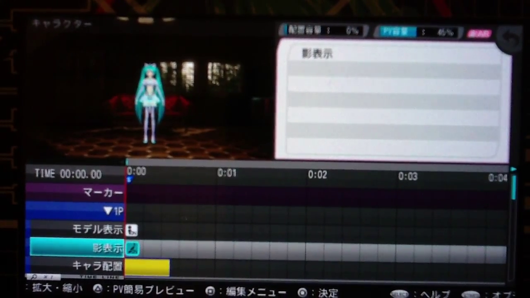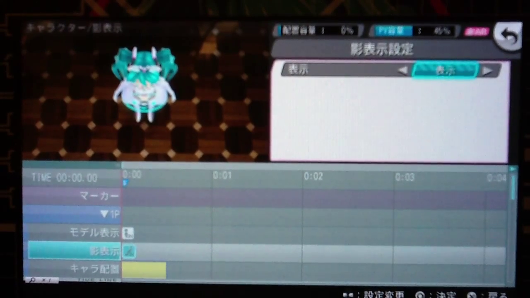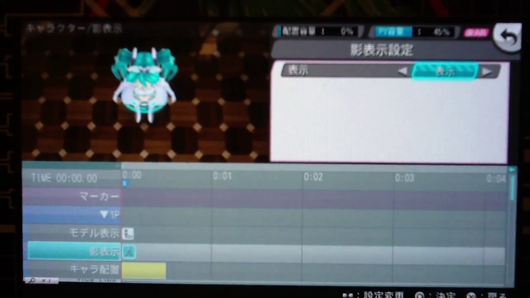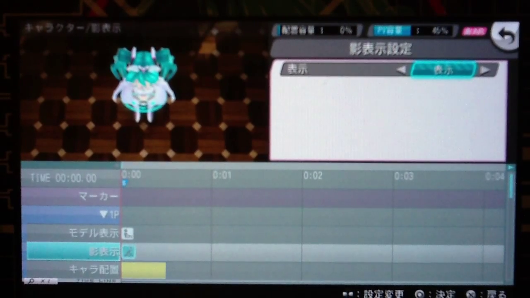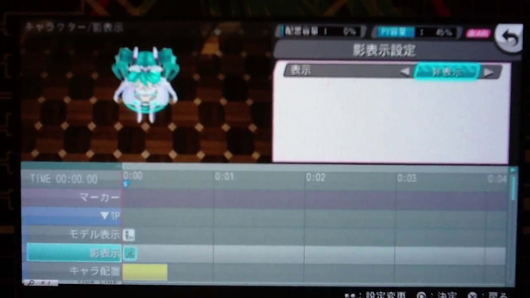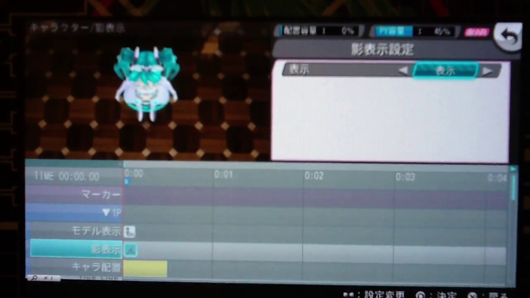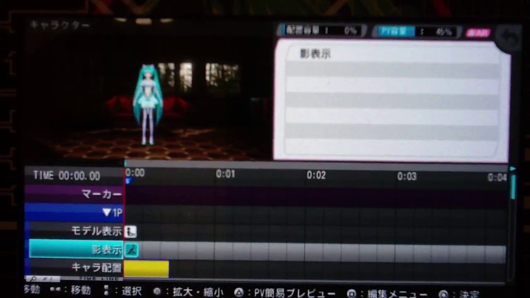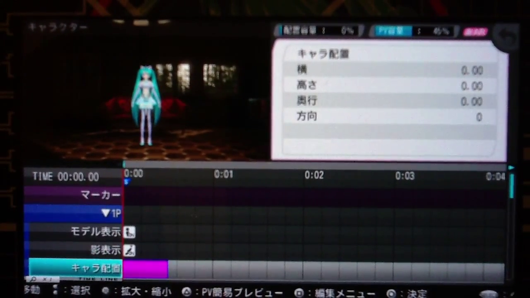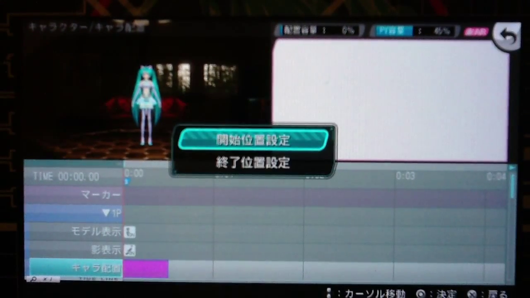Now in the second one that you go down, push the circle button, and you'll see here Miku has a shadow beneath her feet. If you don't want her to have a shadow, push the arrow button, and you'll see that she doesn't have a shadow on the floor. So that's your preference, if you want a shadow or not beneath the character's feet. So I'm going to keep the shadow by confirming with the circle button. We're going to scroll down again, push the circle button, push the circle button again, push it again,